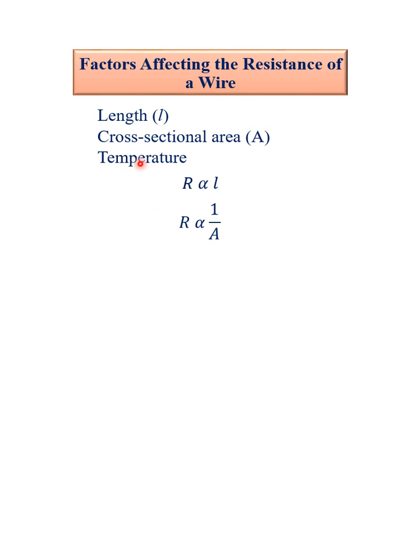Now, for temperature, the resistance of the wire is directly proportional to the temperature, which means that the higher the temperature, the higher the resistance, and vice versa. But we are going to study this under a constant temperature. So under constant temperature, we can combine these two